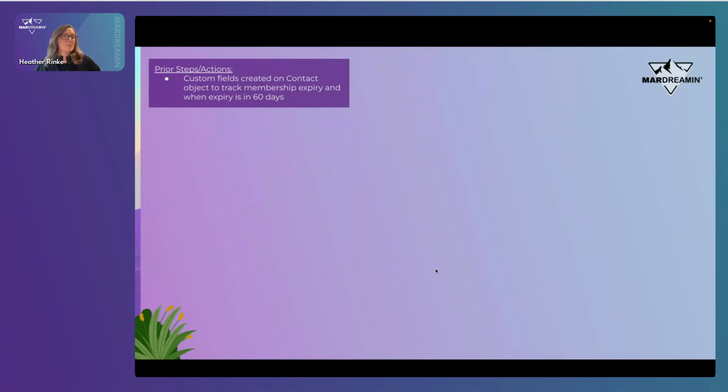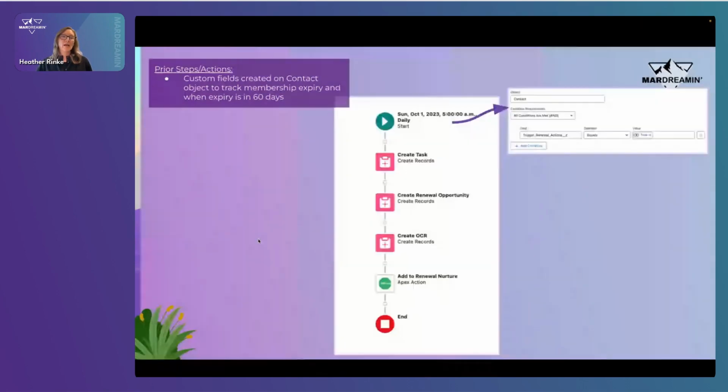So prior steps would be, let's assume that we've created those custom fields. We've got one that actually tracks that membership expiry date, and then a checkbox, a formula checkbox that's set to be checked when the expiry hits 60 days away. That checkbox is going to be used in a schedule triggered flow that is set to run daily. It's going to check for any contacts that have that checkbox set to true. And if it finds that, it's going to create a task